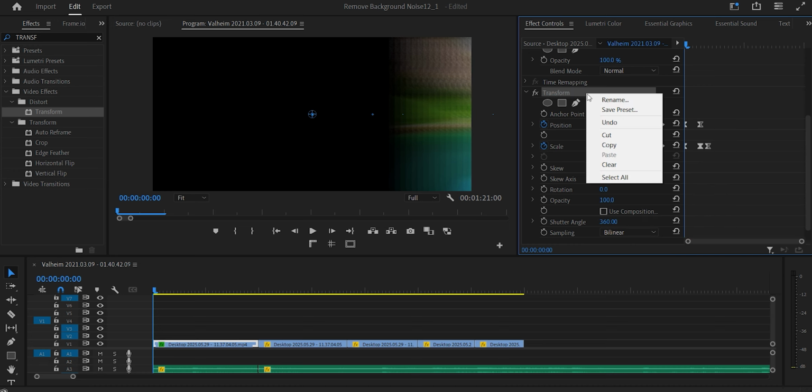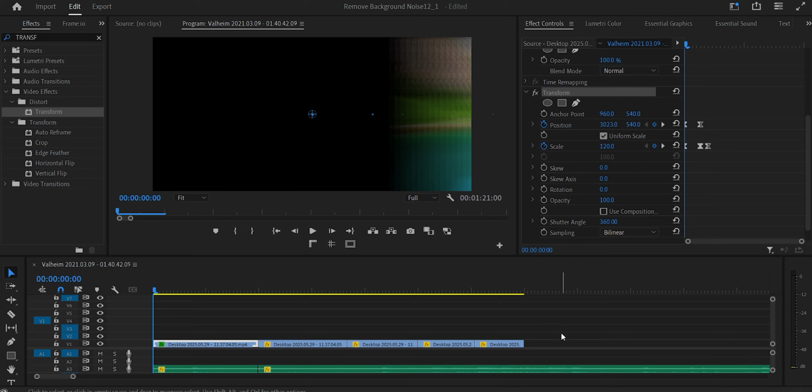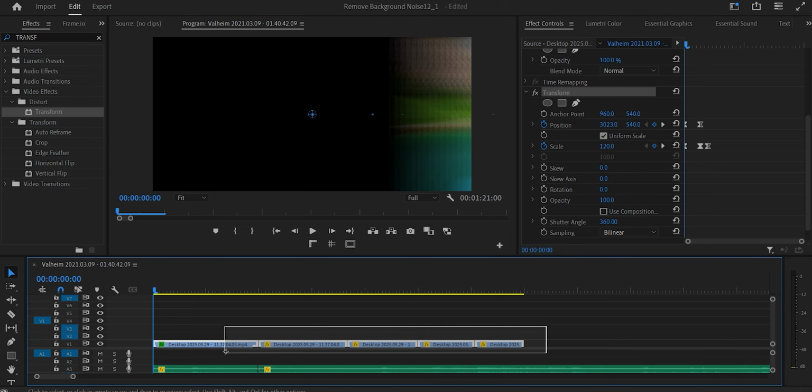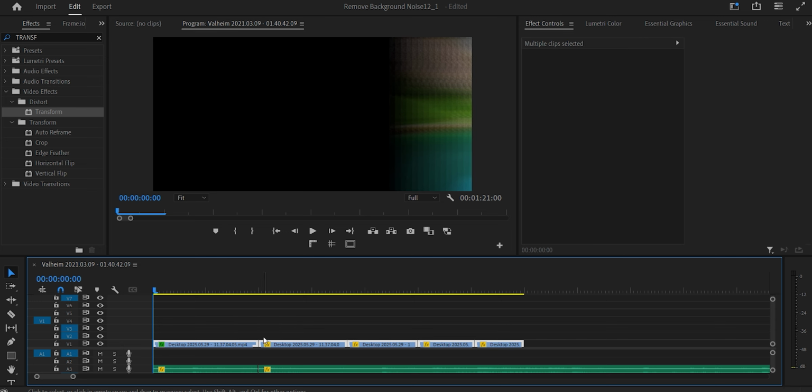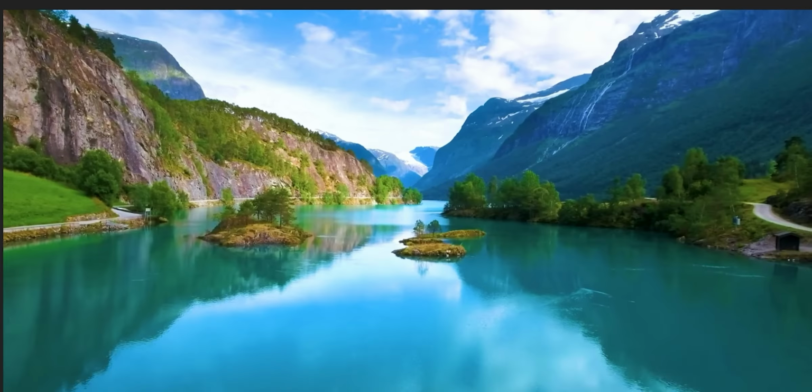If you wanna add this effect to all clips, right click the mouse on the transition, copy, then you select all clips and just press Ctrl V. Everything is ready, let's see the